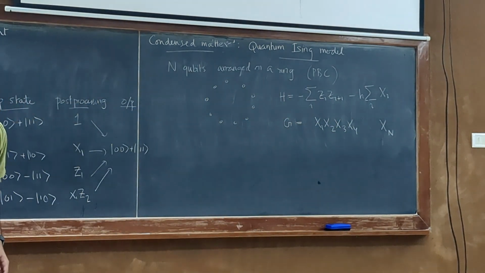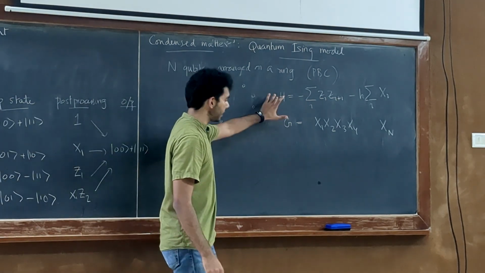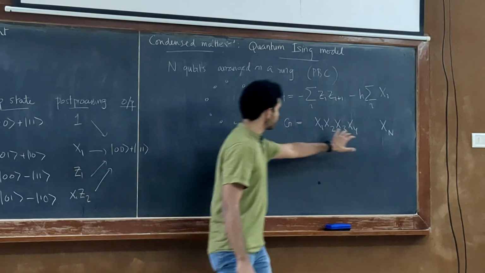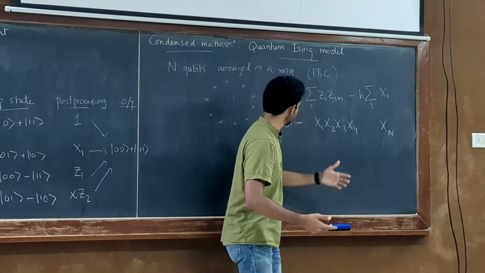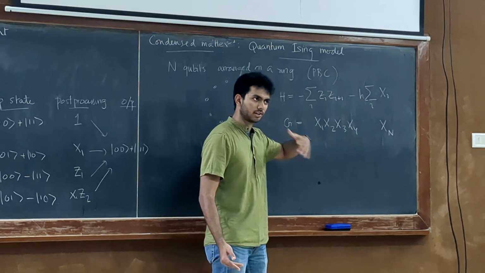Okay, so we say a Hamiltonian has a symmetry if the symmetry operator commutes with the Hamiltonian, right? It's obvious that this operator commutes with this part of the Hamiltonian because it's just x. Does this operator commute with this part of the Hamiltonian? Yes, because